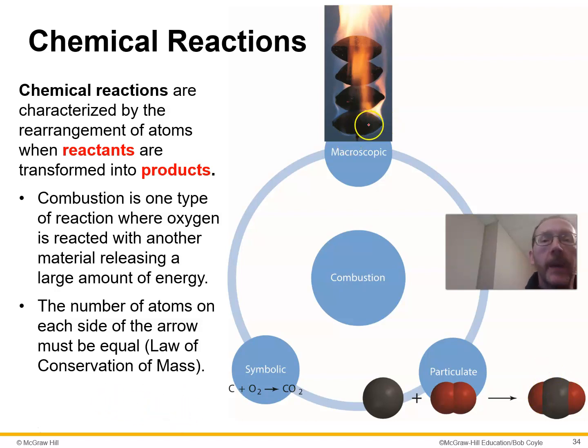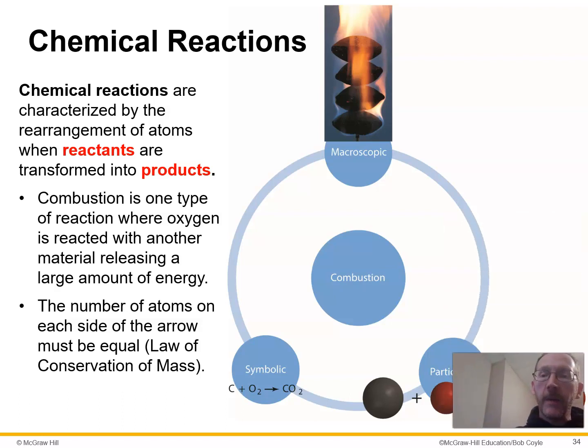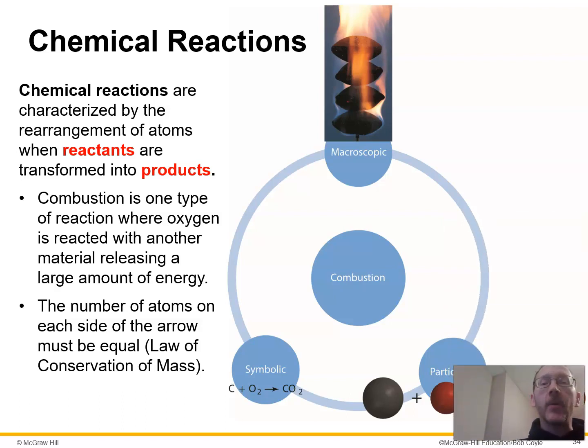And then the macroscopic, those look like charcoal briquettes, which are basically carbon. They're reacting with oxygen in the air, and they're creating flame, which is a plasma, which is actually a state of matter that's not solid, liquid, or gas. We usually think solid, liquid, and gas are pretty much the only states, but there's also plasma, and there's also something called a superfluid, which is formerly known as a Bose-Einstein condensate. There's your trivia for today. So those are our three representations of chemicals in chemistry.